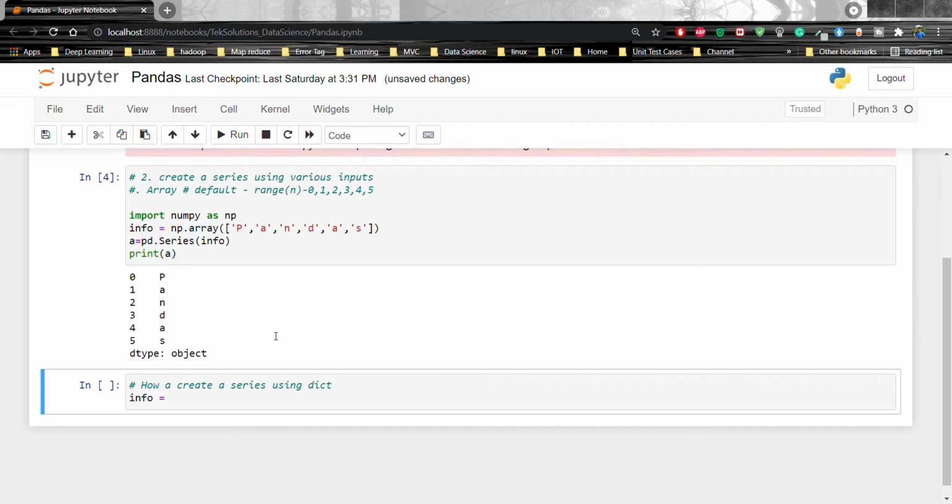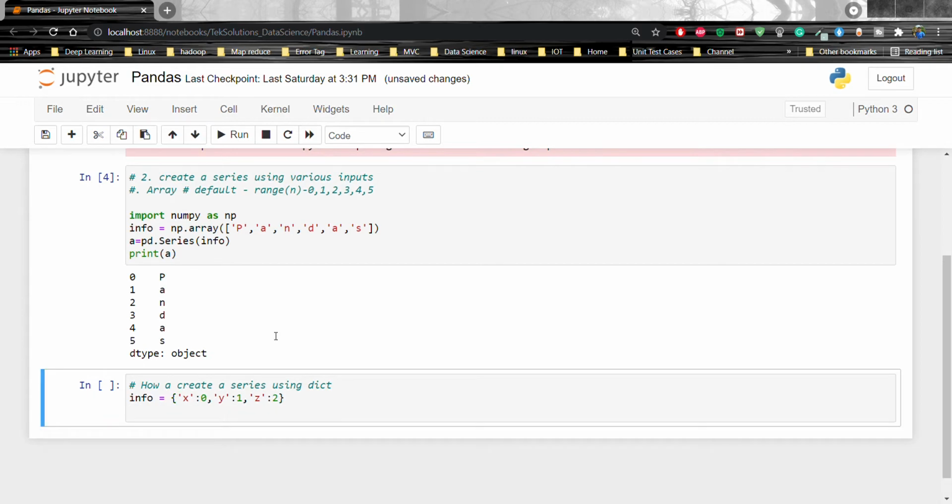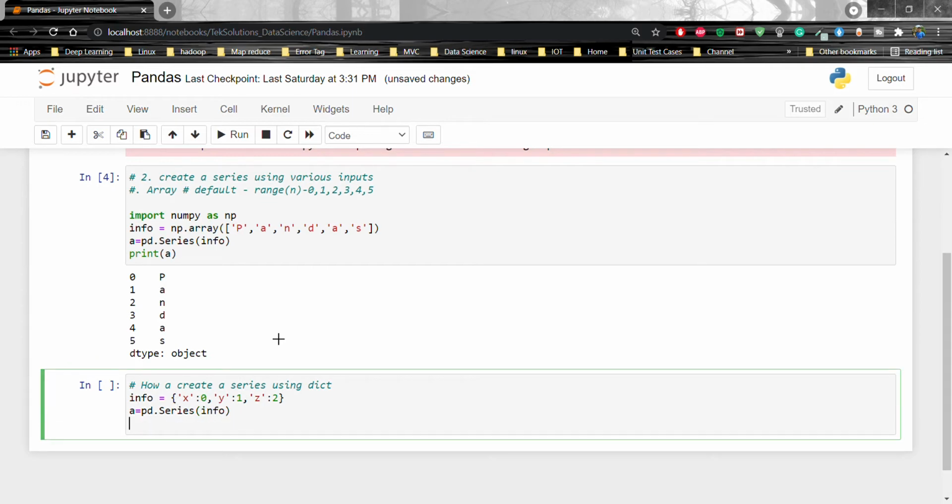Now I'm going to create the dictionary. info equal to x, that is basically keys, taken as small letters, 0, then y 1, z 2, and a equal to pd.Series, with S capital, and we are going to pass info and print a, and let's run and see.